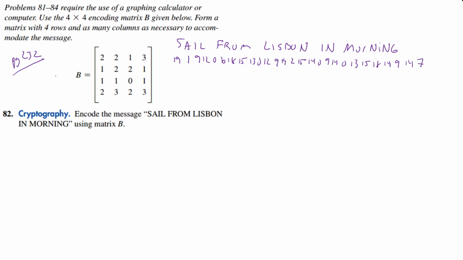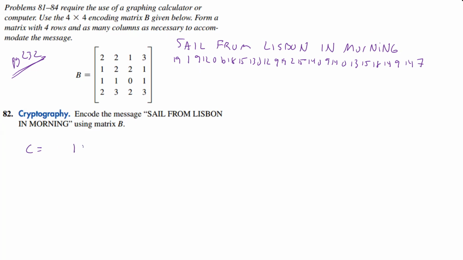All right. So again, just using the numbers and letters on page 232, we converted that to those numbers. Now, we need to write that as a matrix, and let's call it C. And so what we're going to do is write down